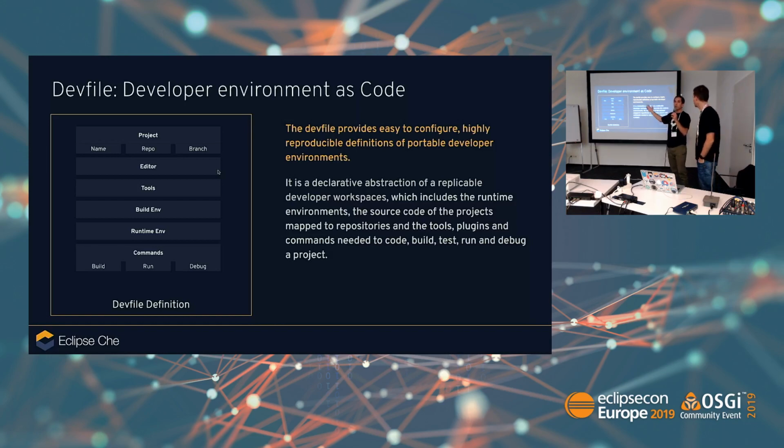We'll see the first workspace that will start during the demo will be without any component except the plugins that will provide language support, but we'll see that in a moment. The last part of the dev file are the commands that you want to bring inside your development environment. That will be like a command to build your application, a command to run your application, to debug it, or whatever command you and your team usually do when doing the development of the application.